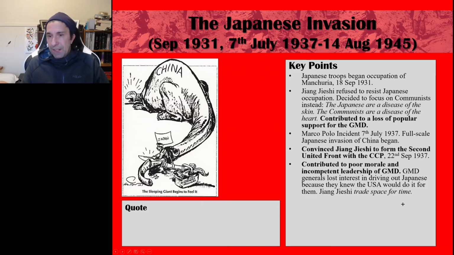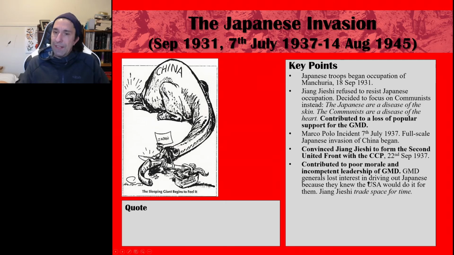So he decided to use this strategy to retreat into the heartland of China as the Japanese advanced, and just slowly retreat so that the Japanese forces would be spread thin, that their lines of communication as well as supply would be stretched, and then they could be attacked and so forth more easily.